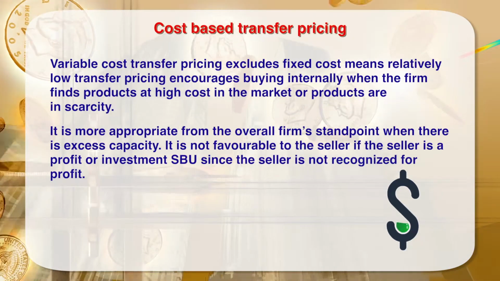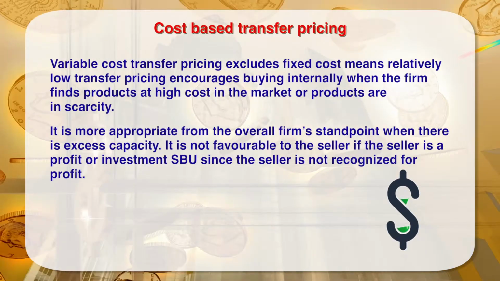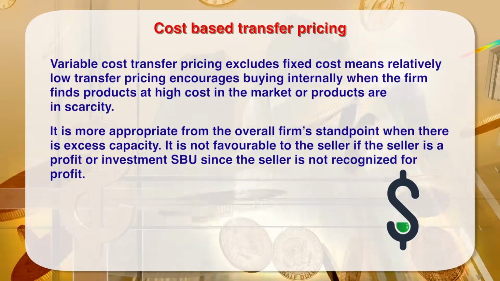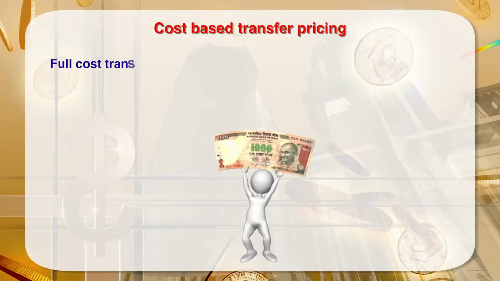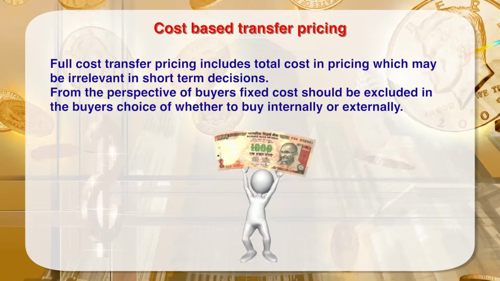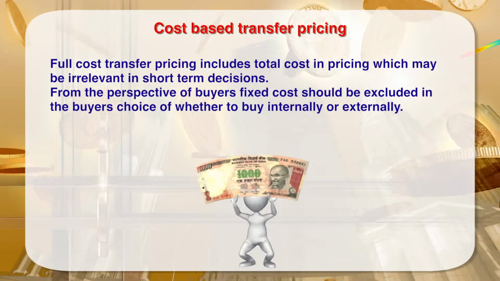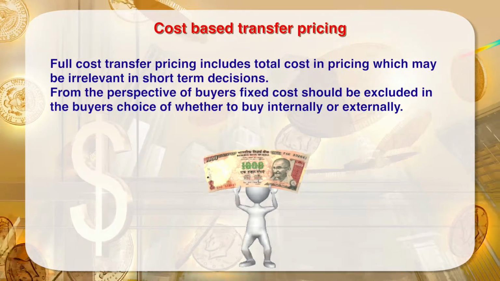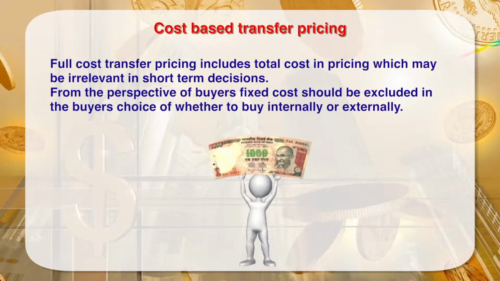It is not favorable to the seller if the seller is a profit or investment strategic business unit since the seller is not recognized for profit. Full cost transfer pricing includes total cost in pricing, which may be irrelevant in short-term decisions. From the perspective of buyers, fixed costs should be excluded in the buyer's choice of whether to buy internally or